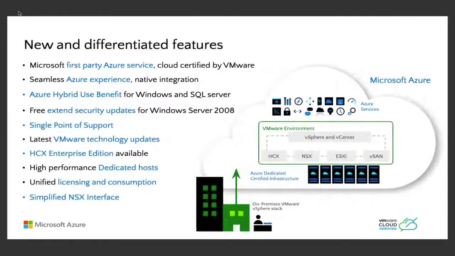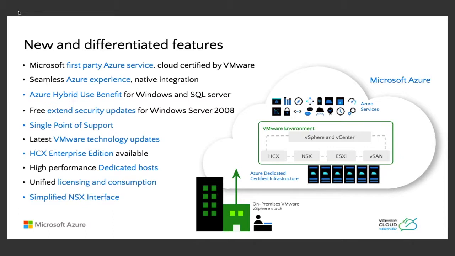There are some new and differentiated features related to this version of AVS. We had a 1.0 offering, and things have changed ever so slightly. First things first, AVS version 2.0 is a first-party service certified by VMware. Then there's this seamless Azure experience and native integration, where everything you need to configure happens in the same portal you would use for any other Azure service like a VM or a web app